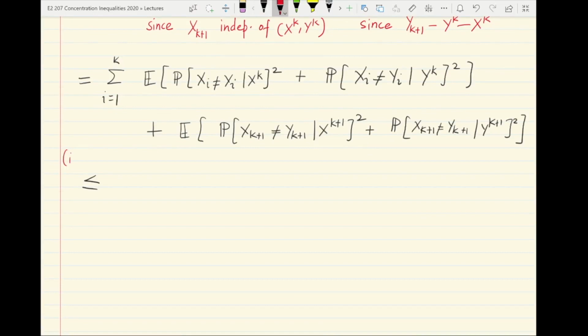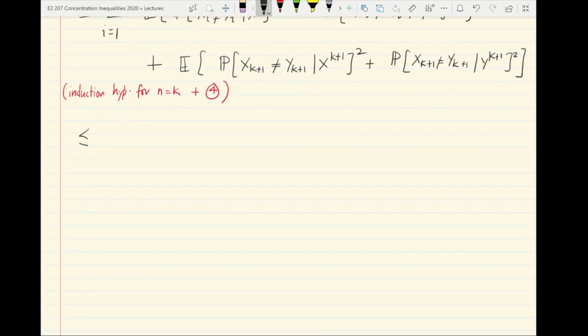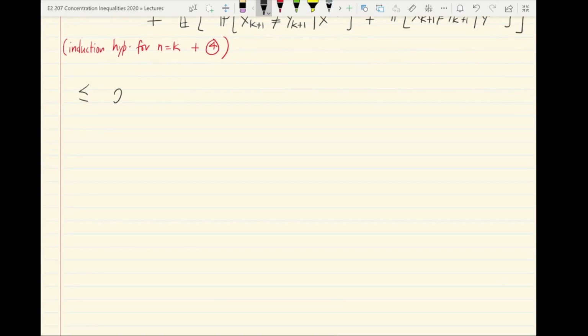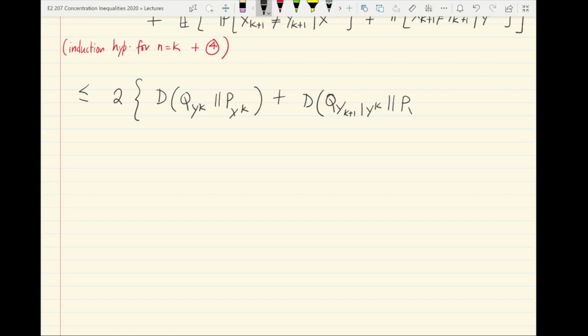So the induction hypothesis for n equal to k plus inequality 4 gives us the authority to write this as upper bounded by t q yk with p xk, plus by 4, the right hand side of 4 is basically q yk plus 1 given y all the way up to k with p xk plus 1, which is itself the conditional distribution of xk plus 1 with respect to xk, given q yk,